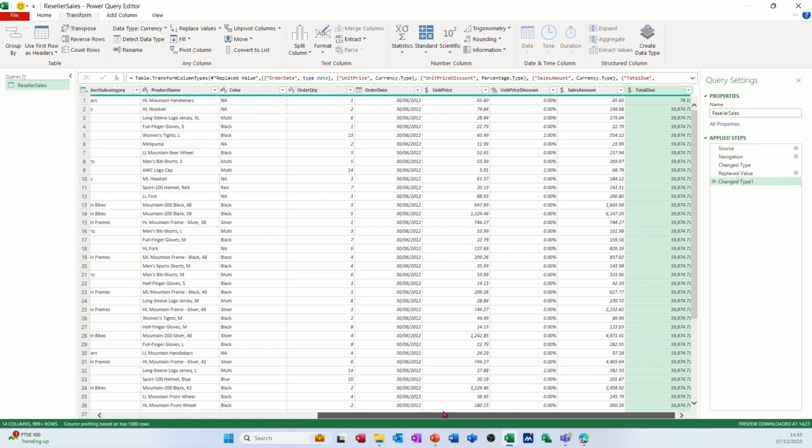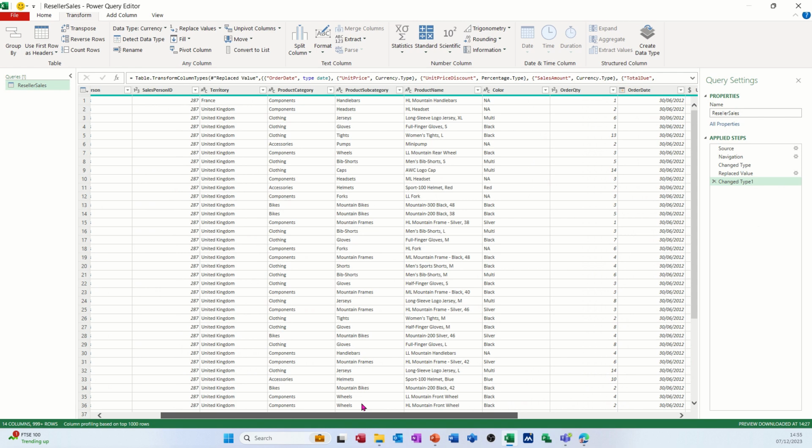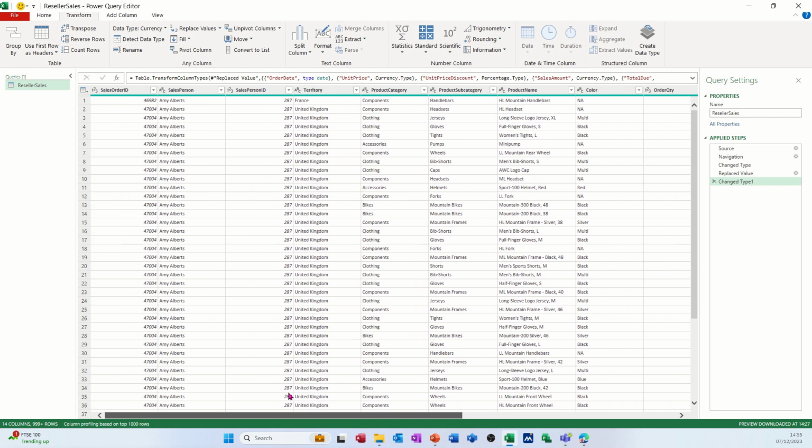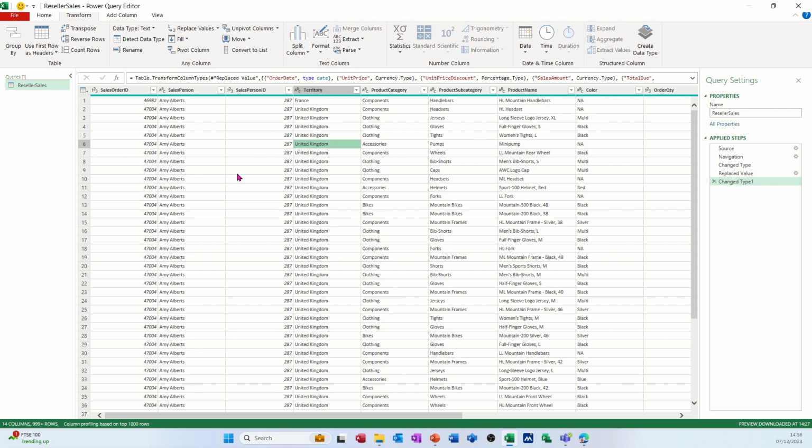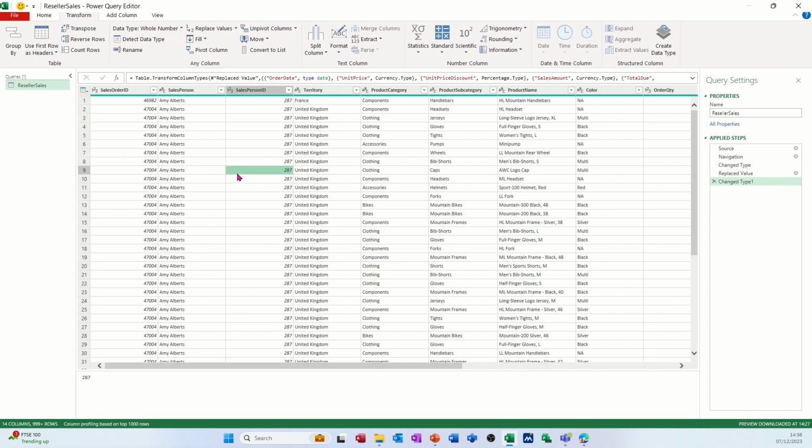What I want to put in here, or to combine or merge if you like, is a country code table. So I've got these countries here. It's called territory in this table. I've got these, but I've got another table which I'm going to bring in so I can get the code, the country code that's going to represent each of these countries, and then I'll load that data, combined data